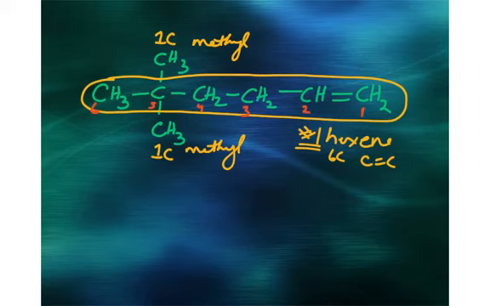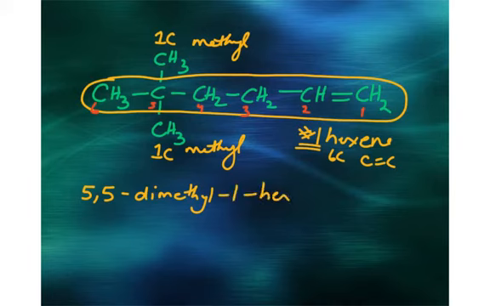So I'm going to show you 2 ways we could write this. We can call it a 5,5-dimethyl, because we've got 2 methyl groups, 1-hexene. Again, remember that we're putting dashes between numbers and words. Or we can call it 5,5-dimethyl